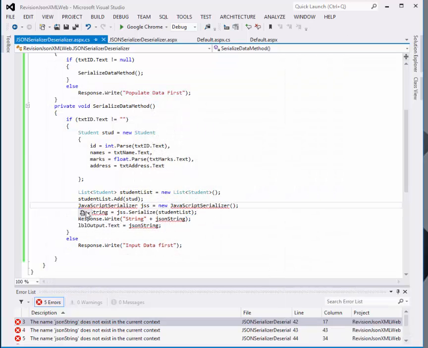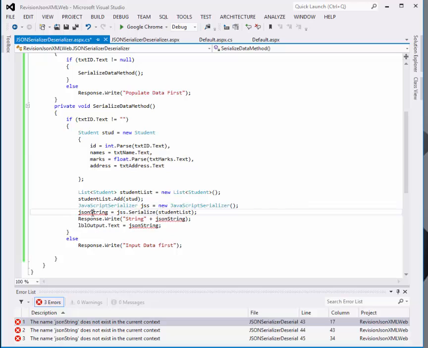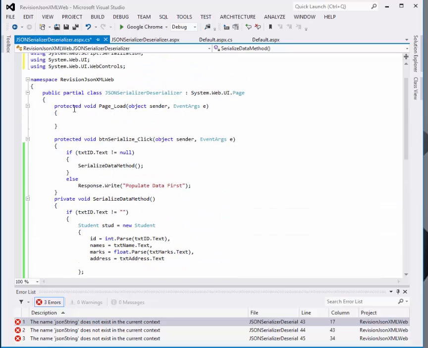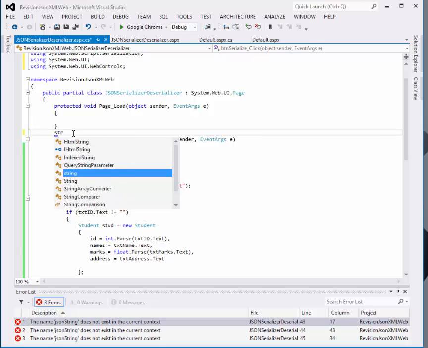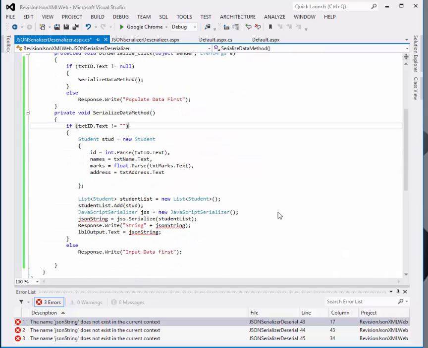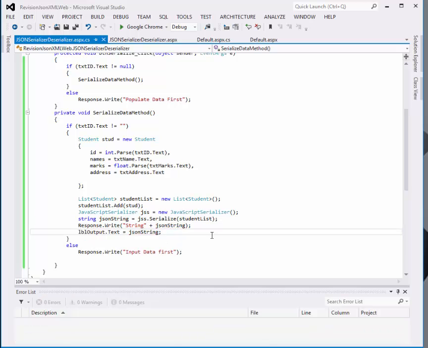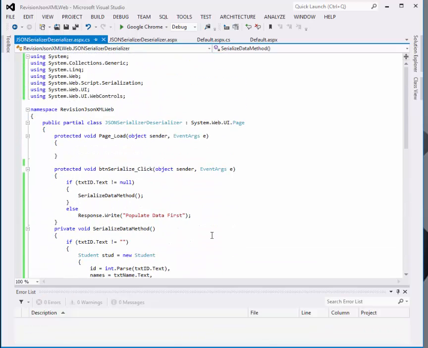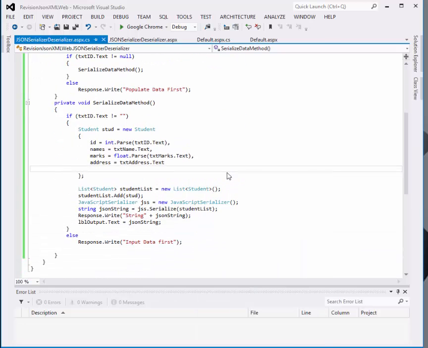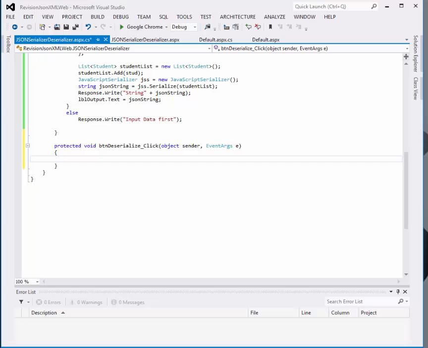So I'll come here, JavaScript serializer, then my JSON string. This is a string. Let me just now do this like this. Okay. Then here it is a string, JSON string. Okay, this serialization